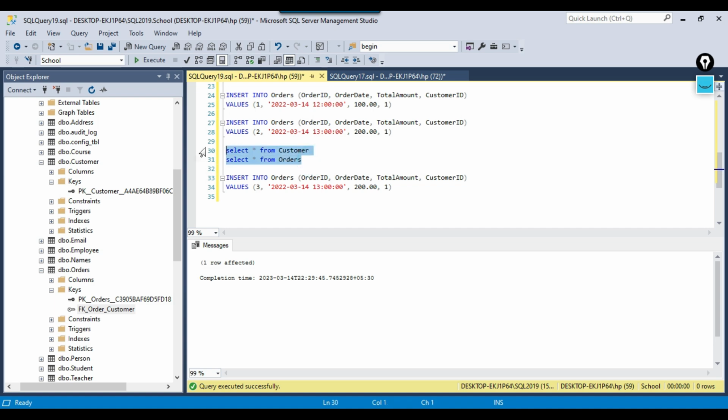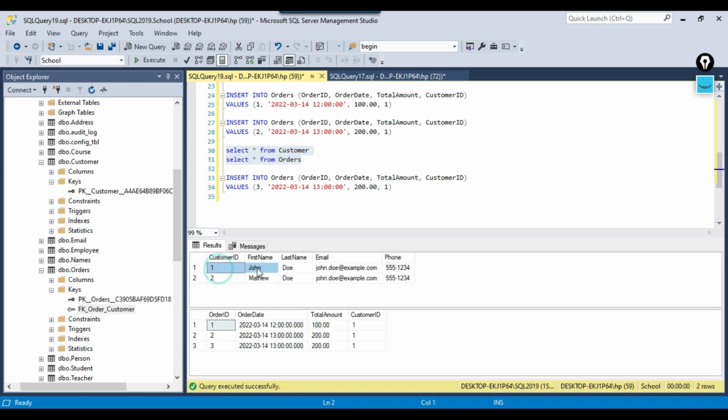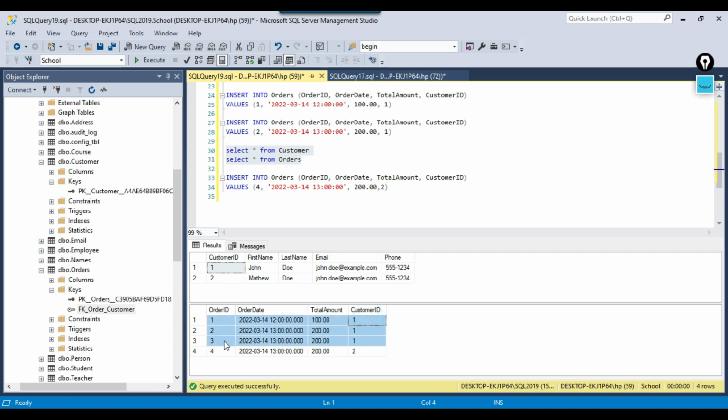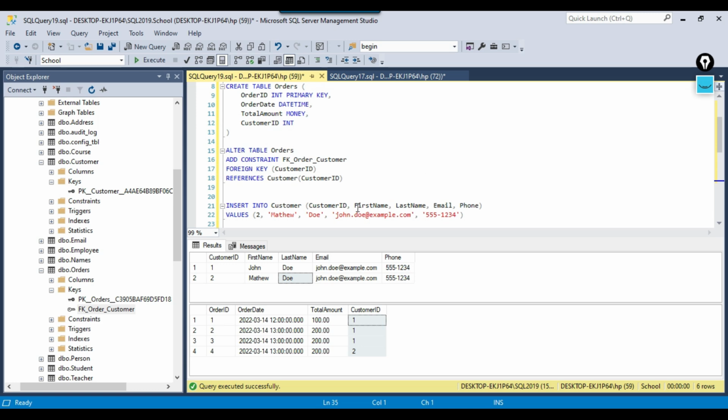Now if you check the data, we got 2 customers, customer ID 1 and customer ID 2, and now we should be able to insert a record for the customer ID 2. This should work. I can pass the order ID as 4 and then insert a record. Now this is working fine. So for the customer ID 1 we got 3 records, so this is a one-to-many relationship, and for the customer ID 2 we got only 1 record. So there can be 1 or more records for the customer ID in the orders table, and this is the foreign key. So this is how you can create the relationship between the 2 tables using the foreign key, and this is an example of the one-to-many relationship.